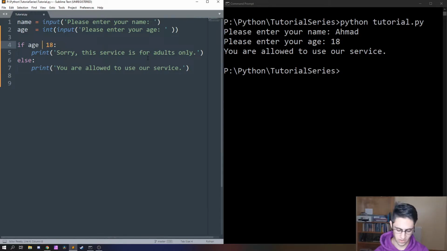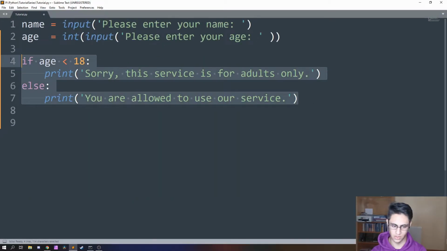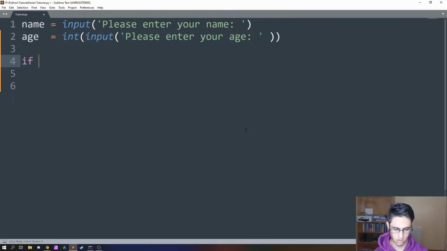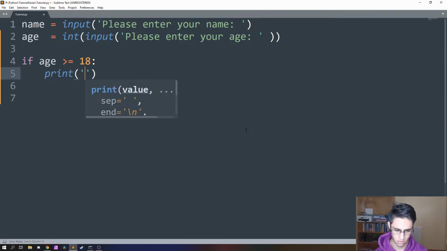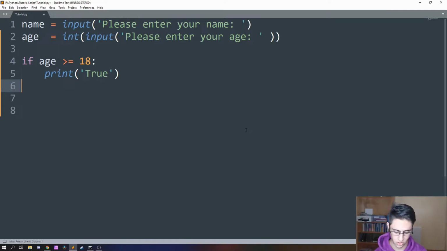I mean, checking if they are over 18 is just literally one more sign, but that's one more sign too many. I will type it out just to show you how it will look. It'll look exactly the same, just with a different operator. So, sorry, greater than or equal to 18,